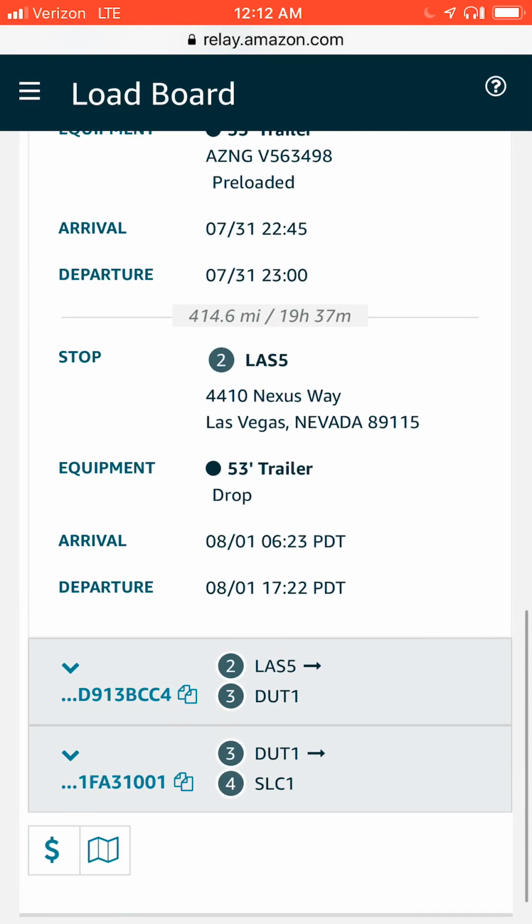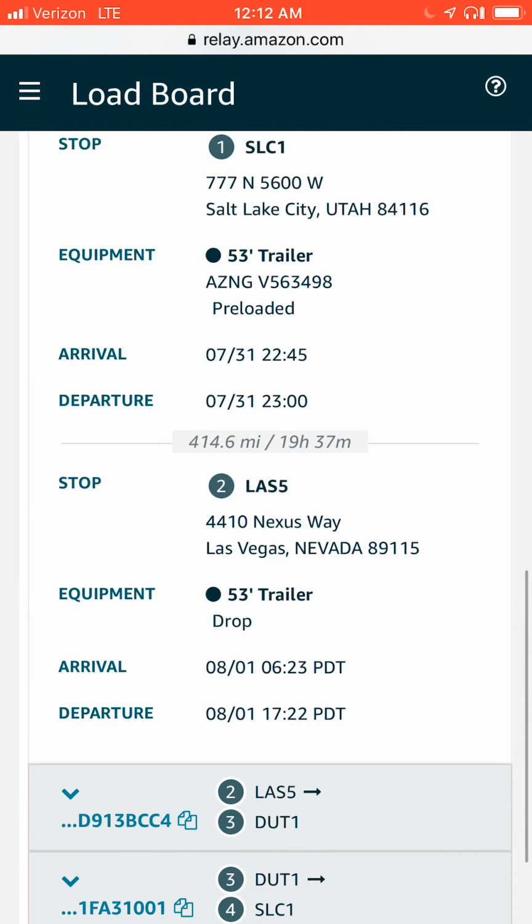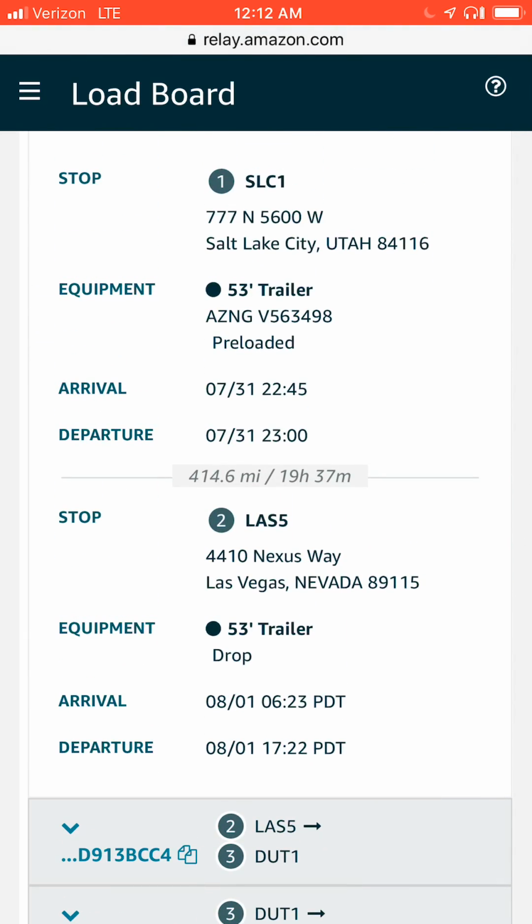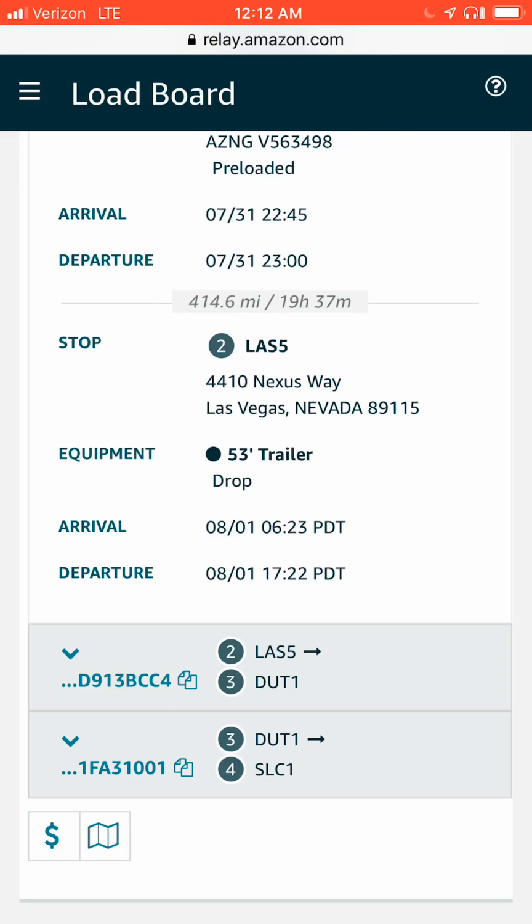Salt Lake to Vegas to LAS 5 is a 6.5 hour run if you don't stop. I do it several times, so you'll get there in plenty of time. Okay. So they want you there by 6:23, and they're saying that you're going to depart. If you look at this now, you're going to depart at 17:22 in the afternoon. Big time gap there. So what that's telling you is once you drop the trailer, you are taking your 10-hour break, okay, before you show back up at